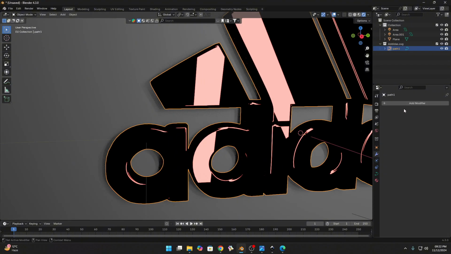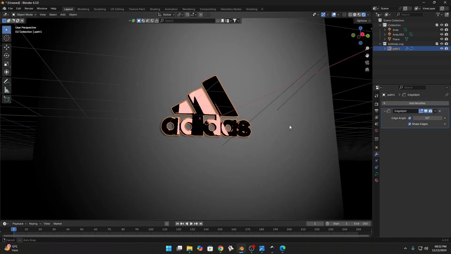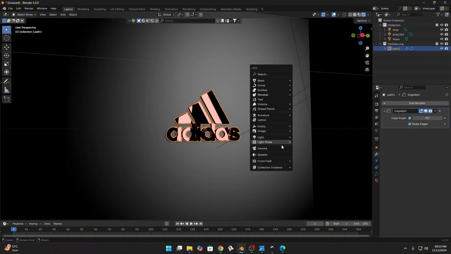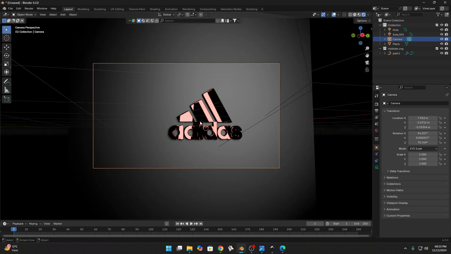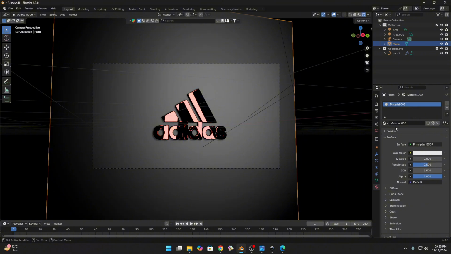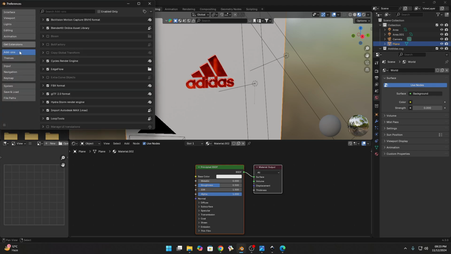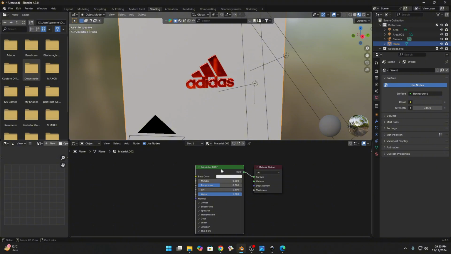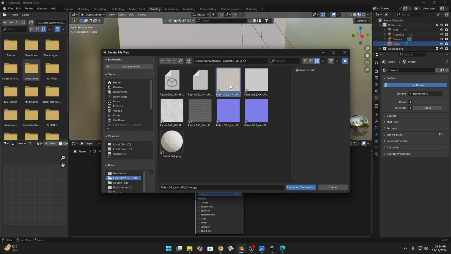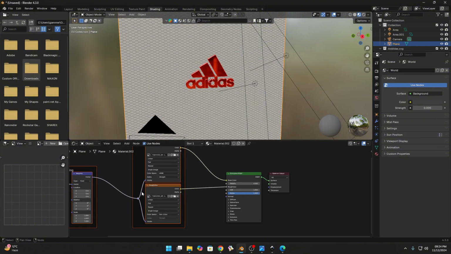Select this logo, go to the modifier tab and search for the Edge Split modifier and you will see reflections on the edges. Look at this. Now add a camera, adjust the view, hold Ctrl Alt and numpad 0 to align the camera with the view. I will also add a material to this background plane. If you have the Node Wrangler add-on on, you will learn one more thing here. Just go to Preferences, Add-ons, Node Wrangler, check this box and select this Principled BSDF, press Ctrl Shift T. Now I will go to the textures folder and select multiple textures here. Base color, this roughness, click Principled Texture Setup and boom, it will automatically set up these textures.